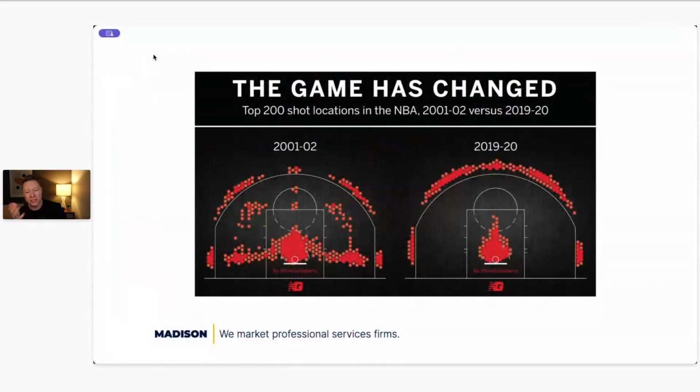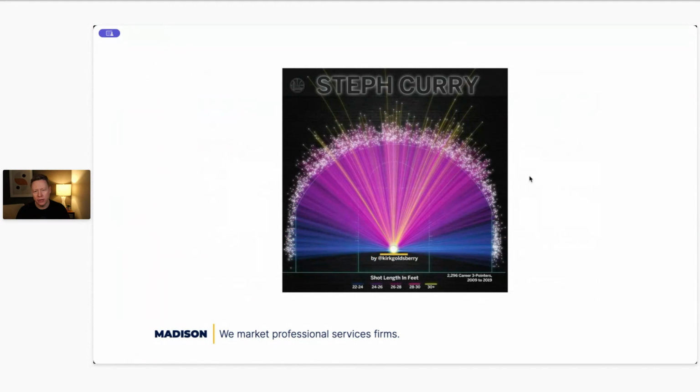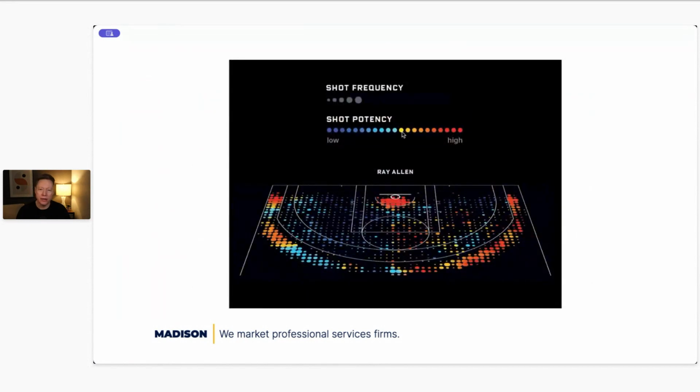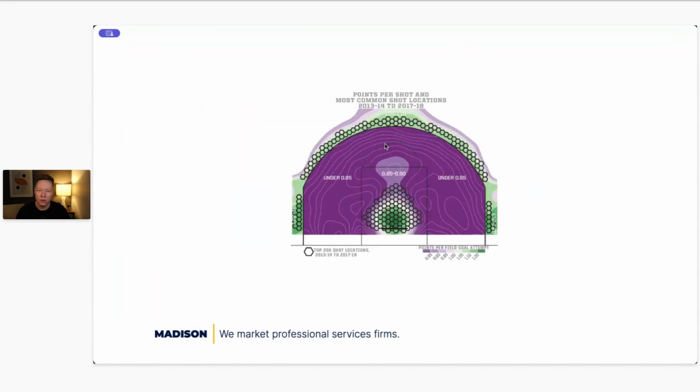This is an example again from Kirk Goldsberry. He took this one idea and kept implementing it in a bunch of different ways. He showed one version from a particular period of time, and then another version for a different period of time. And then not just showing one player, but showing aggregate, right? He did this for Steph Curry, where he visualized it slightly differently, but it was all of his shooting from his entire career. He played with form factor, and he made it dual dimensions, where the size of the dot represented frequency and the color of the dot represented efficacy, right? So he started to iterate and play around with it in a lot of different ways.